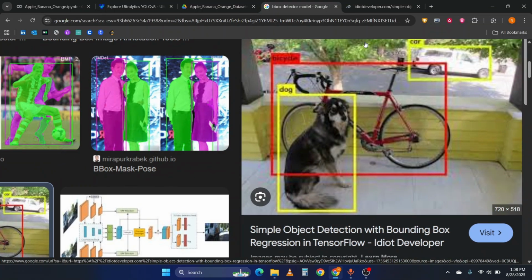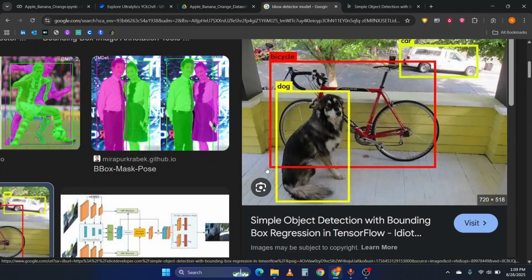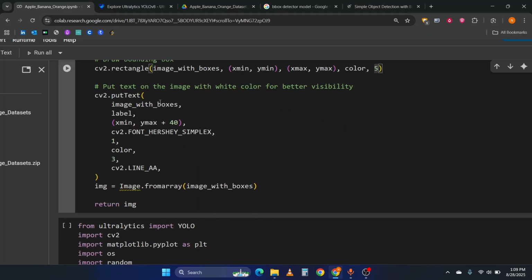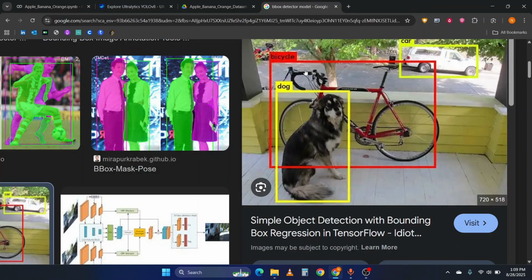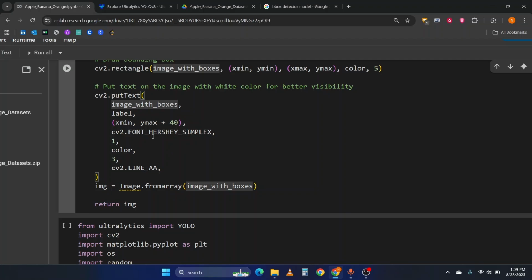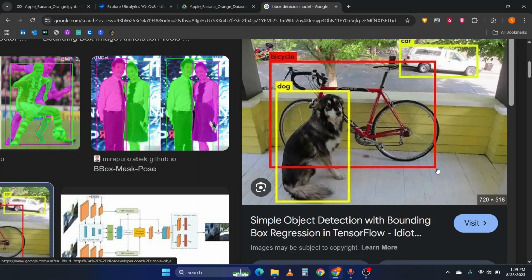I want to display this bicycle label at this corner, the bottom left corner, down below this. So how can I display it? You can see this. Just pass the image, then the label which we want to display, and this is xmin. You can see this xmin is here, and here its value is also the same. So xmin and ymax. You can see this ymax is here, bottom right, and here the ymax value is the same,